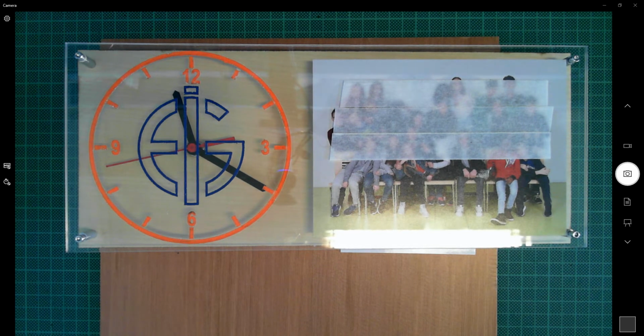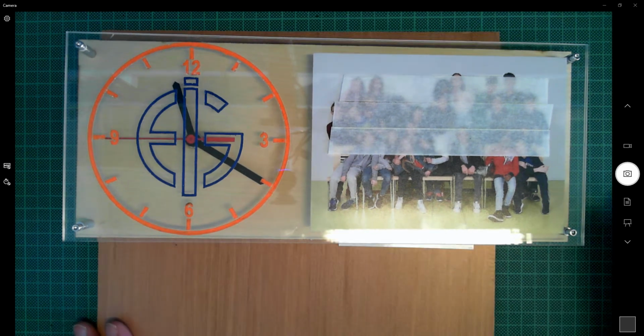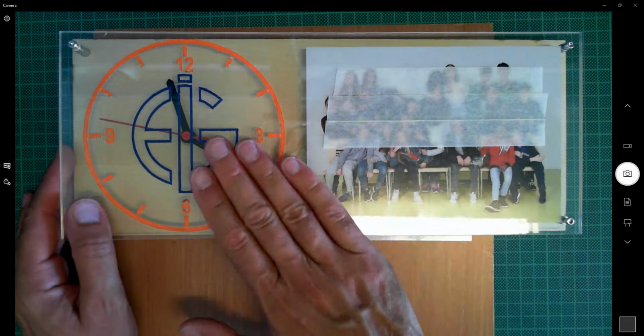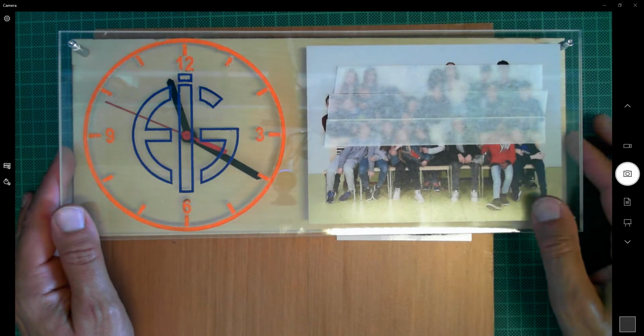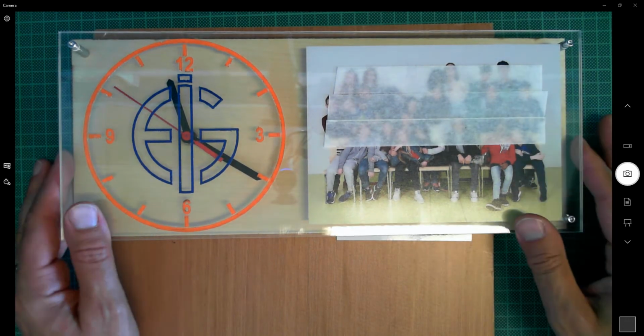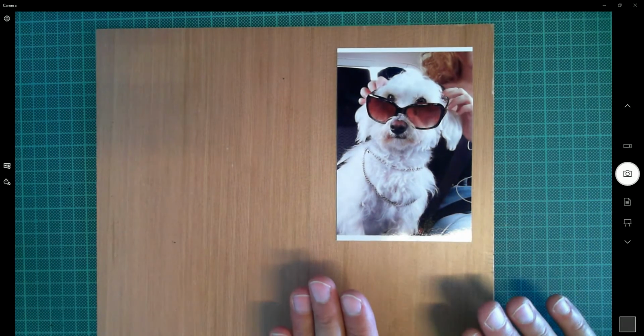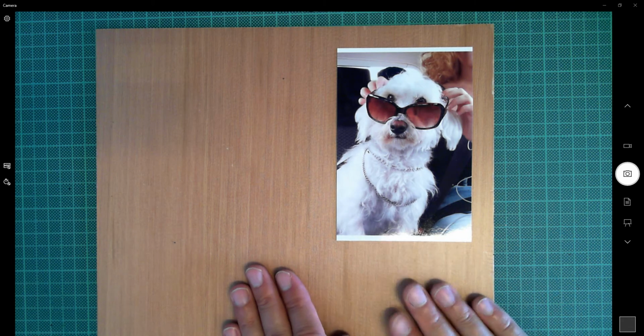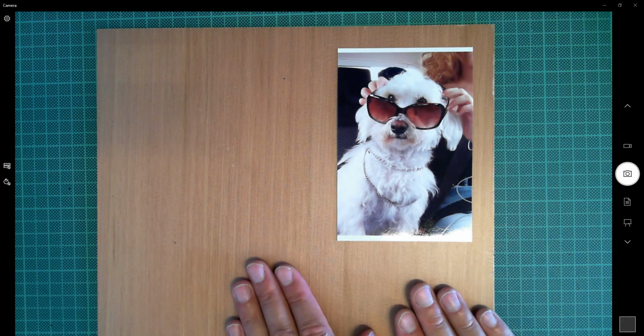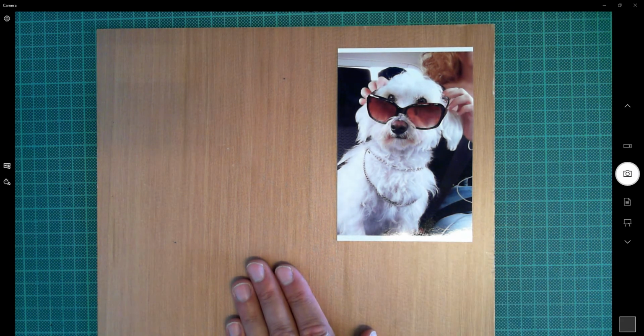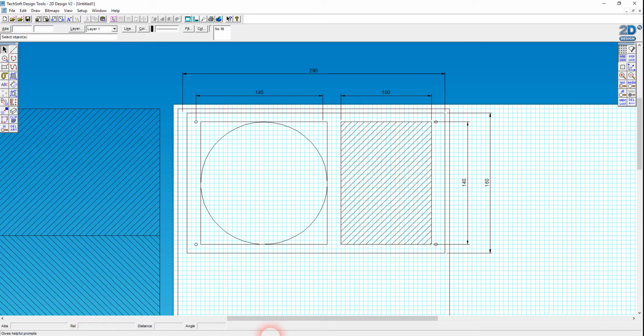Welcome to this second video where I'm looking at making a clock with a photo frame integrated into it, but I'm going to be making this new one for my dog here, Milu, on some cedar veneered MDF. So I finished last time with this CAD file mapping out the basic idea in terms of the proportions of